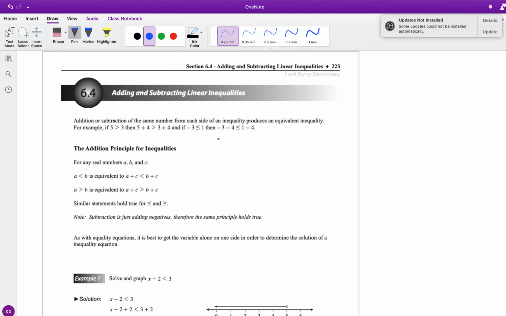Now, this recording is for solving linear inequalities. In the workbook, it's the section of 6.4 and 6.5. They're saying adding, subtracting linear inequalities, and the other one is multiplying. It just means solve